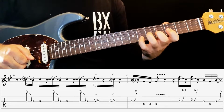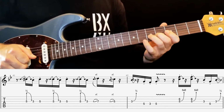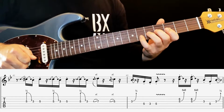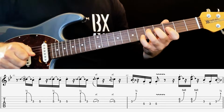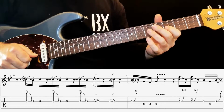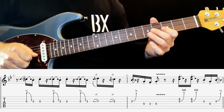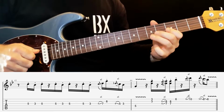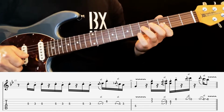So we're just doing 5th fret bend up on the G string to the 6th fret, and including the 6th fret on your B string, and 3, 5, 3 on your G and D. And the next variation we do the same again, and then the end of the bar